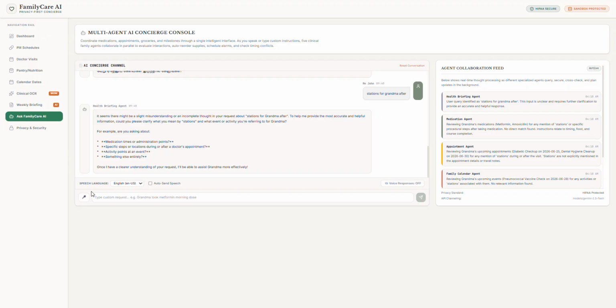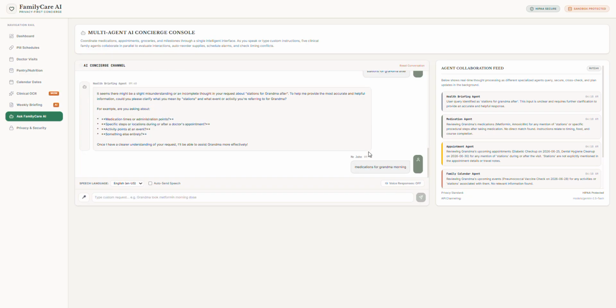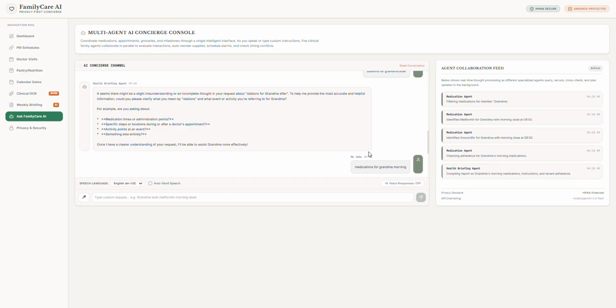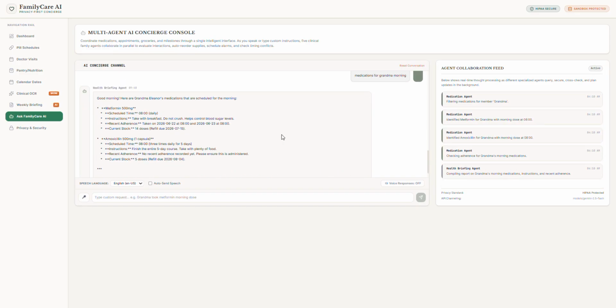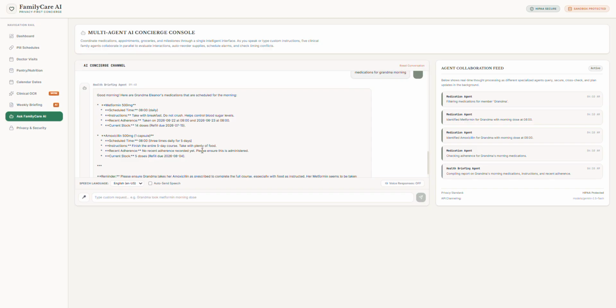Let us clearly say one more time: medications for grandma in the morning. So here it comes: good morning, like Metformin. These are the medications grandma should take in the morning.